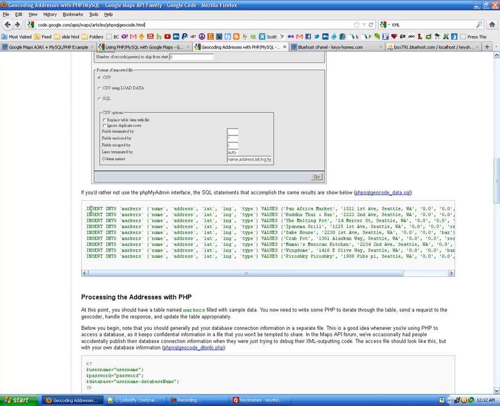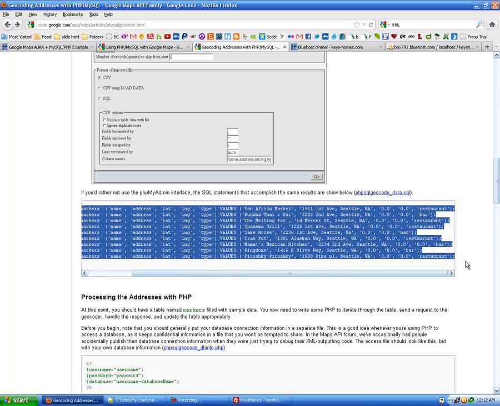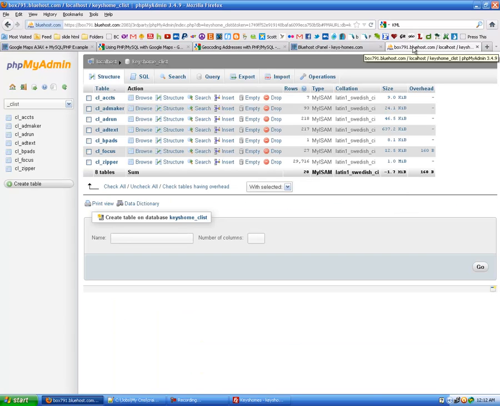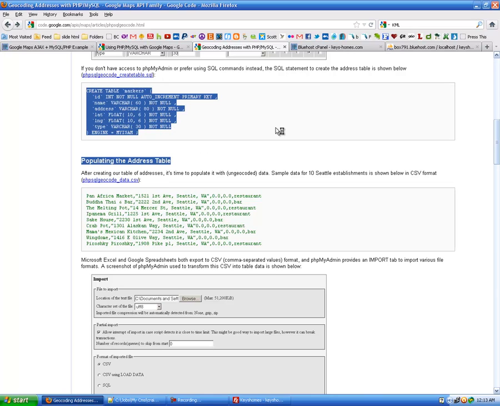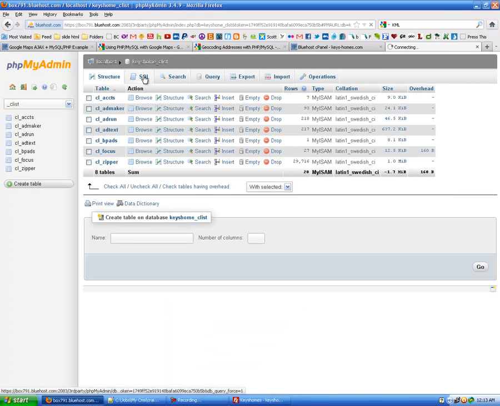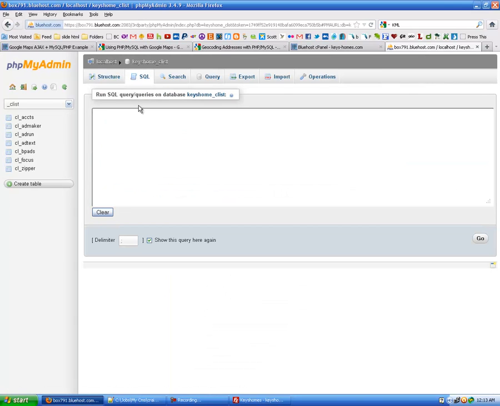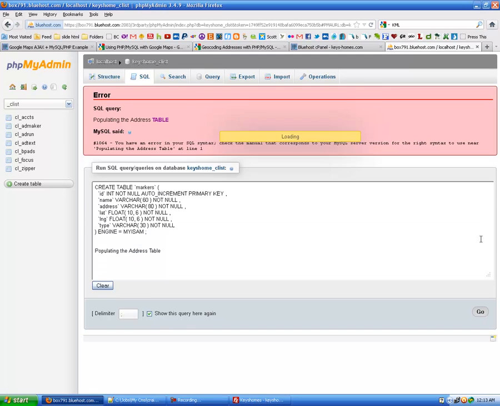So here are the unencoded records for the database, you see the zeros here, and rather than type them all in, I'm just going to copy and paste from the tutorial. I go back over here and actually I don't even have the database anymore, so I better go back to the tutorial and get the table. So I'm going to create table markers, copy that, bring it over here, go to SQL, paste it in here,